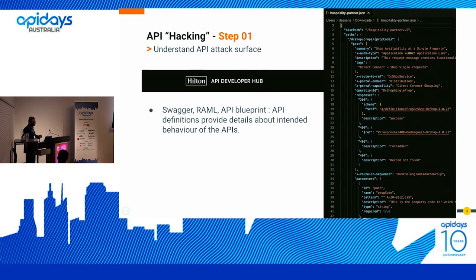So now you are providing the information for the consumer as a developer, but still you need to make sure that the behavior you define on the Swagger definition is fully tested, right? You are not exposing any vulnerabilities on the behavior that you define on the Swagger definition. So it is important that you have a good test suite, which is basically made up of different combinations of API